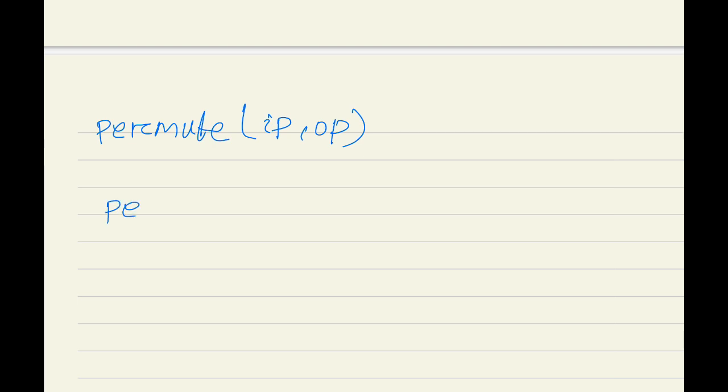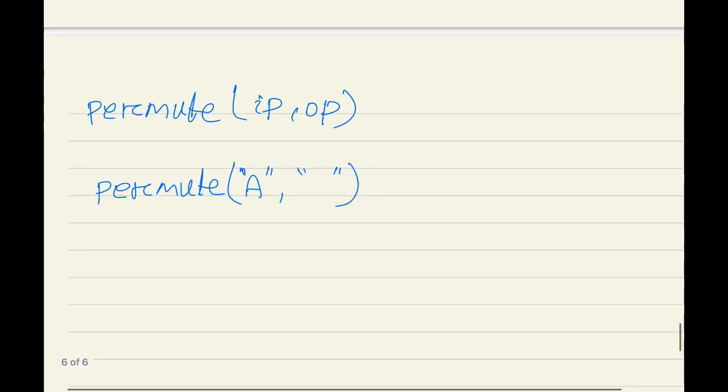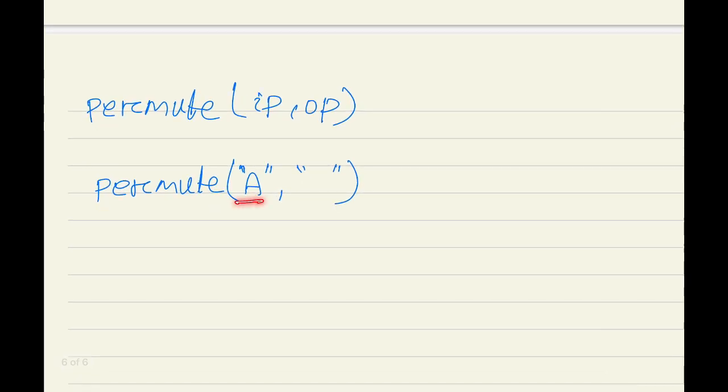So here we want to execute the method permute when the input is, assume A, so A is a string, and output is empty. So the output is an empty string and input is the string A, that is of one character only. Now as we have discussed, we can select one character from the input. If we select the one character from the input, that is the only character here, the method becomes permute and